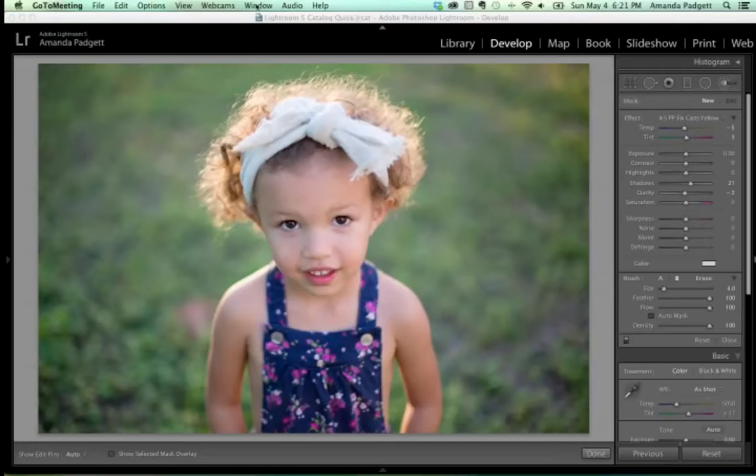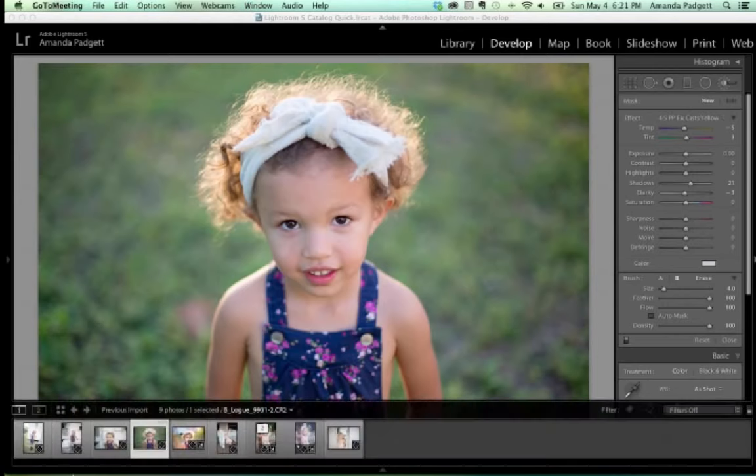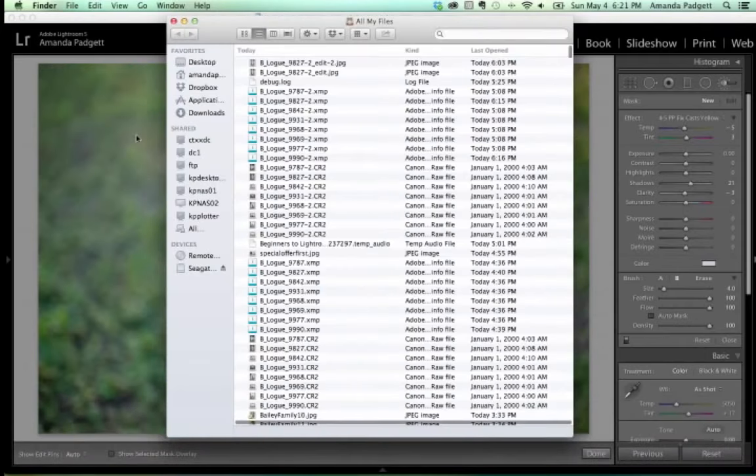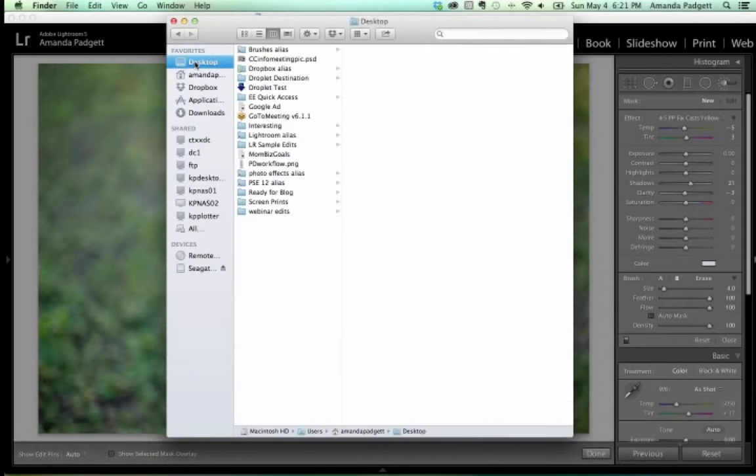All right, so how do you install presets? Well, you're gonna download them as a zip file, okay? And they're gonna be somewhere on your computer. Let's say you put them on your desktop. You need to extract them, and then let's say, let me do,